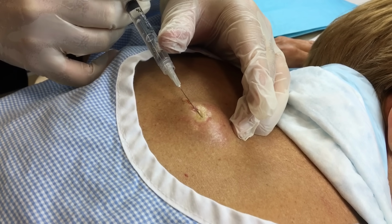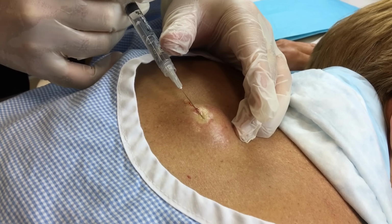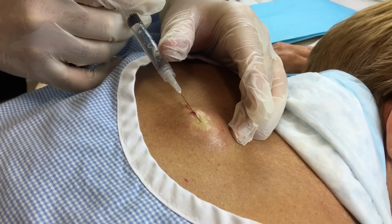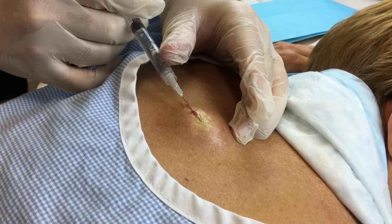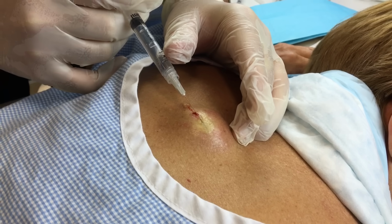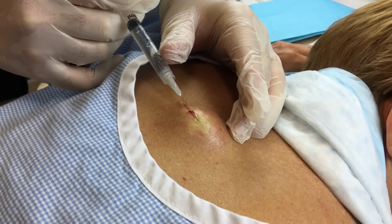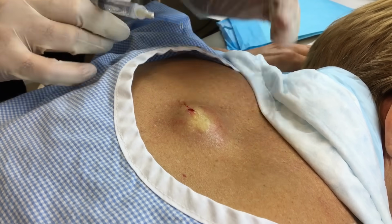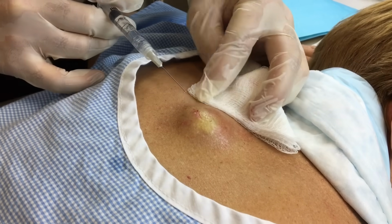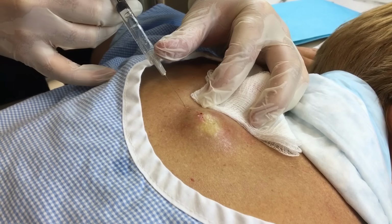And then I'll try and inject a little bit deep, and it'll be variable about how well that takes or not. Now keep in mind again, this is an infected cyst, so we can't go after the capsule until it has a chance to heal. So what we'll be doing here is trying to drain this, and then getting as much of this broken down as possible, and if there's multiple pockets, getting that done as well. So now I'm going to be trying to inject deep,